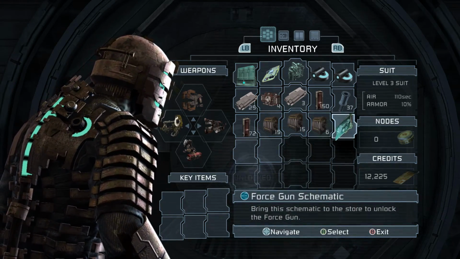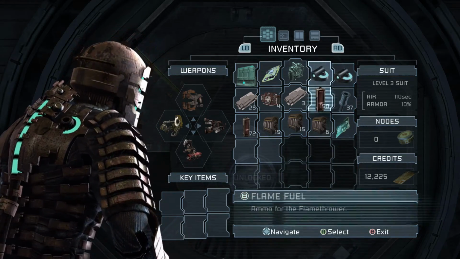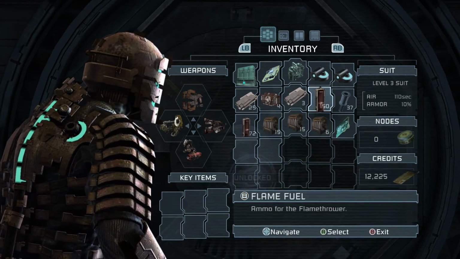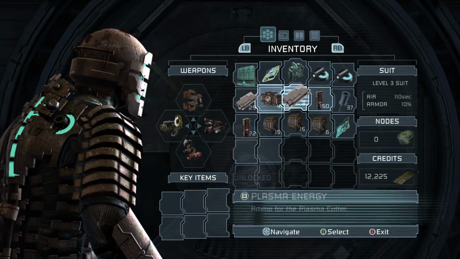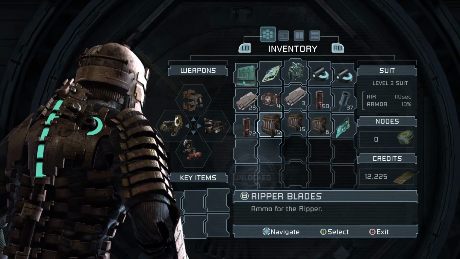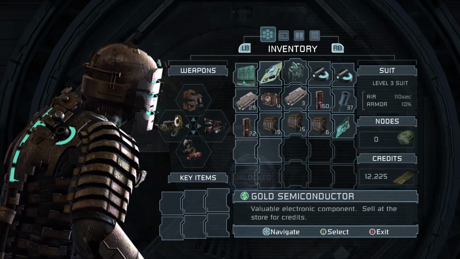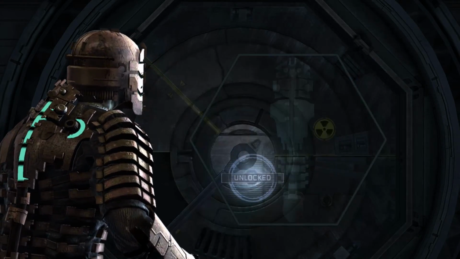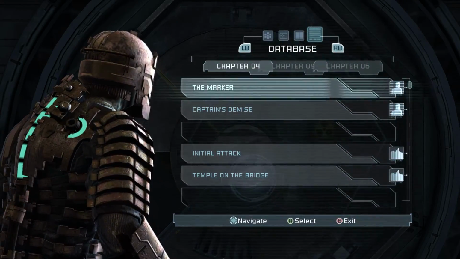We can buy the force gun, sell these. So I'm pretty sure the stasis is not as much as Ripper Blades. So if we get down to that point, that'll be helpful. Is there anything else to really...